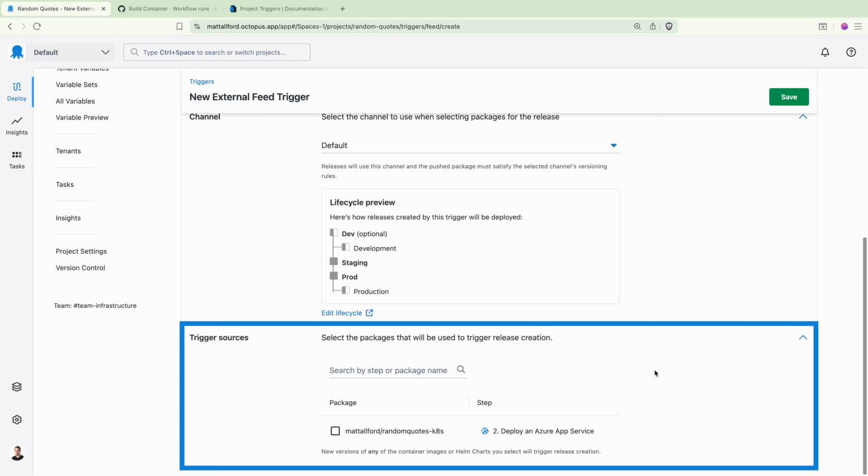The last thing to configure is which packages will be used to trigger release creation. My process in this project only uses one package, which is a container image on Docker Hub, but if you were using multiple packages, including any Helm charts, they would show as selectable objects here. That's really all we need, so I'll save the trigger, which is now active and watching that package for any